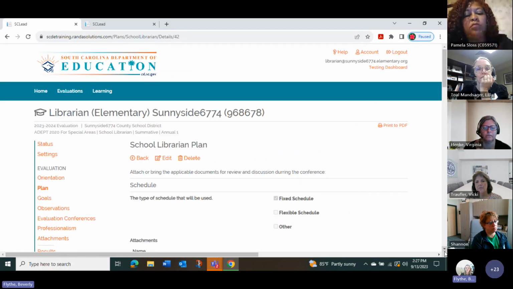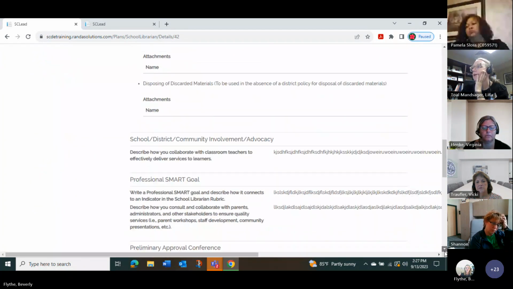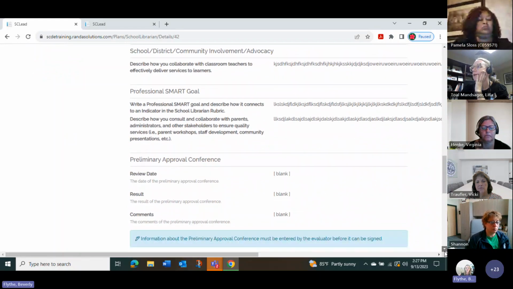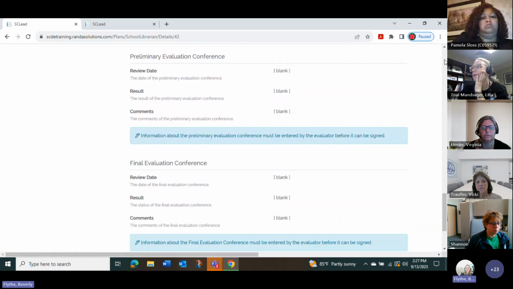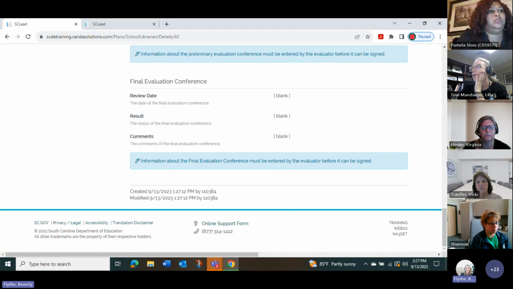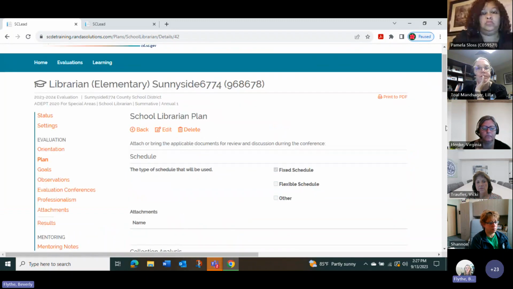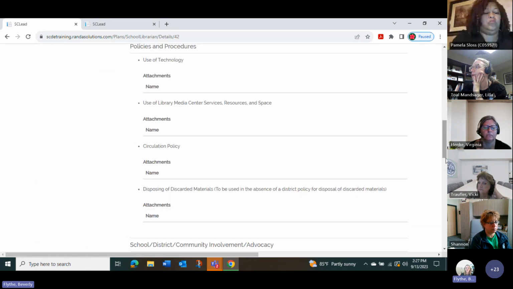And then you submit. You go back through it and make sure that everything's saved correctly. I always encourage you to scroll all the way to the bottom of a screen, no matter what you're in in your SC Lead components, because some things have a tiny save button at the bottom and some don't. The ones that do, if you don't click that save button, it won't save your work. But the plan does automatically save once you click submit.